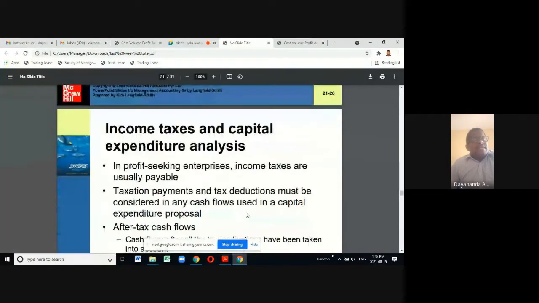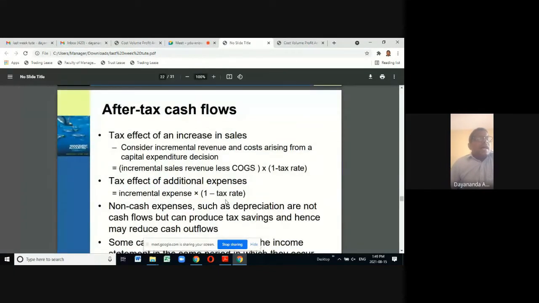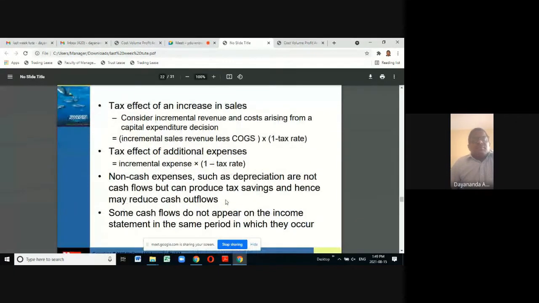The idea here is when you evaluate a project proposal based on discounted cash flow techniques, and when you calculate the profit, you always take the profit or the cash flow after tax. That's the idea. You take the cash flow after tax, not the before tax. I know that most of you may not be familiar with taxation, but it's not a big thing. Just the income tax rate is what we are focusing on here.